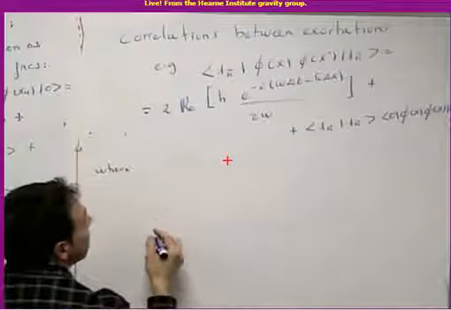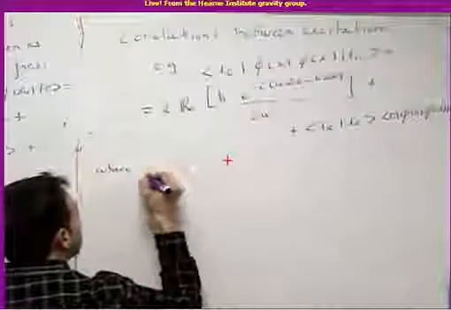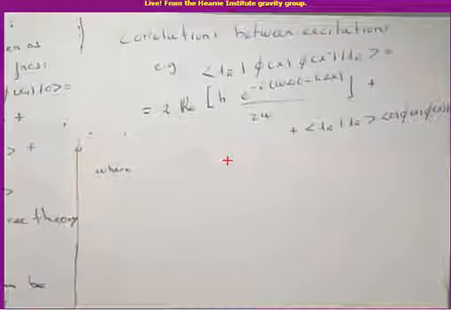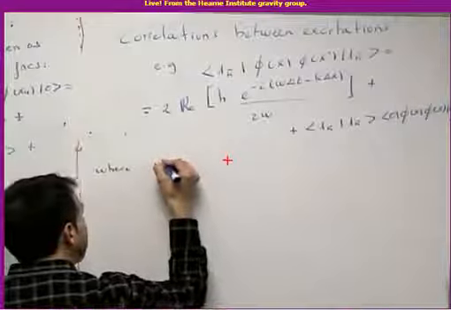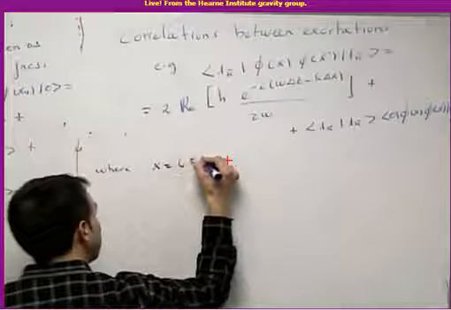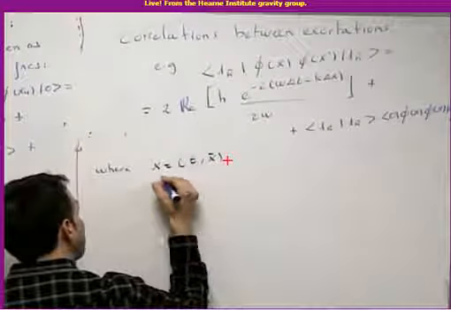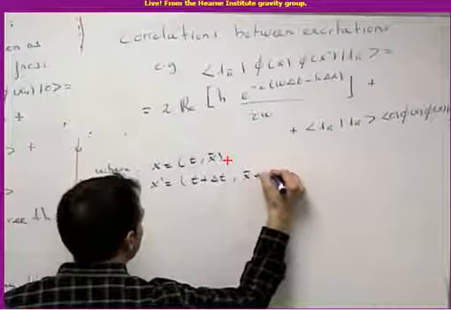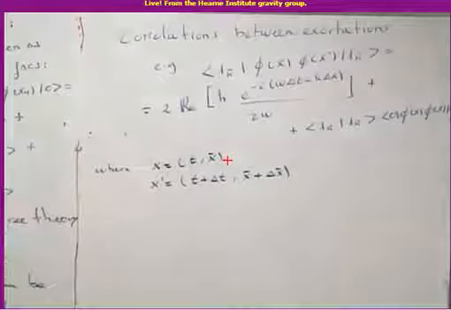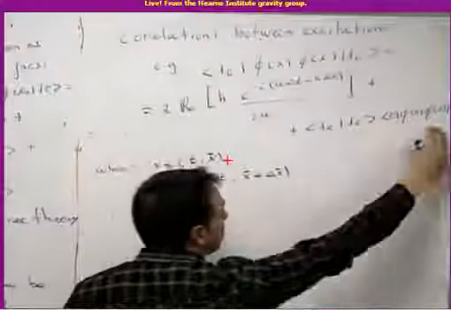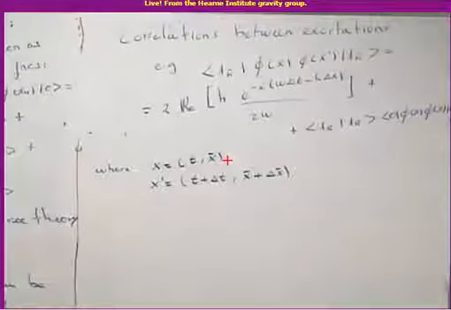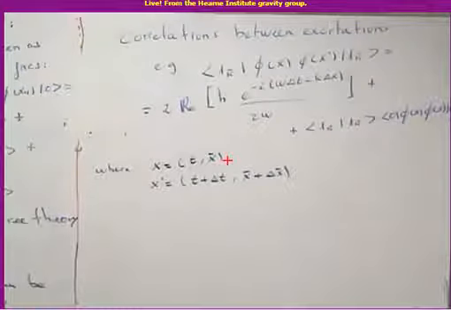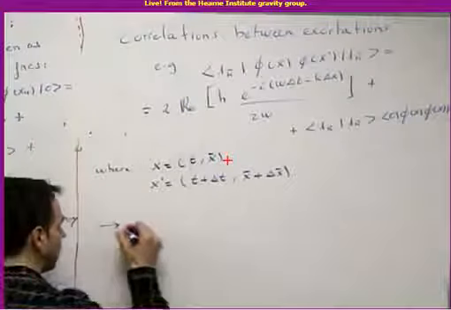Where this delta t and delta x is just the difference of time coordinates for these two points, where x is (t, x) and x prime is (t plus delta t, x plus delta x). So you can see that it's just the vacuum one adding some extra term. So therefore I say all this because therefore